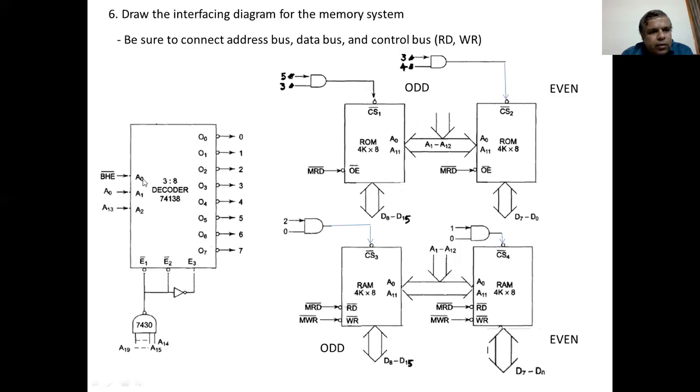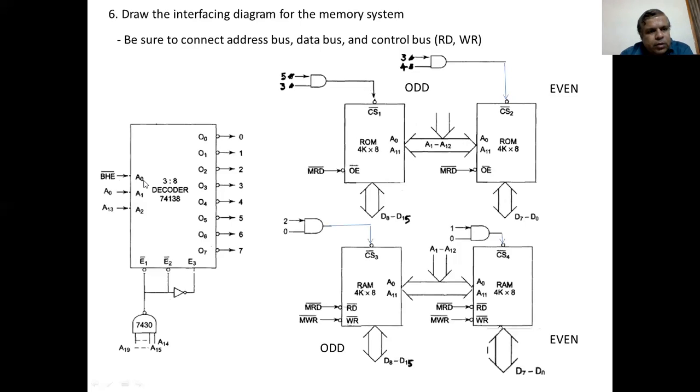And then 0 1 0. So then the output pin 2 becomes low. So then only odd addresses in the RAM are selected. This RAM chip is selected. See, 2 is given to the NAND gate, and the output of this is connected to the chip select signal. So this RAM chip is selected, and a byte transfer happens on D8 to D15. So similarly, these two RAM chips are selected like that.